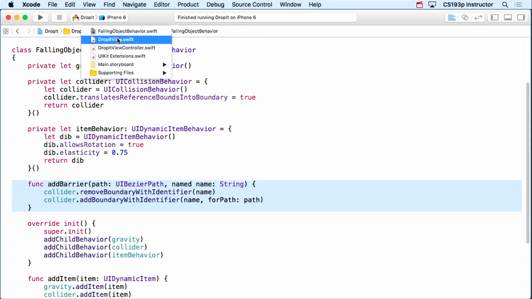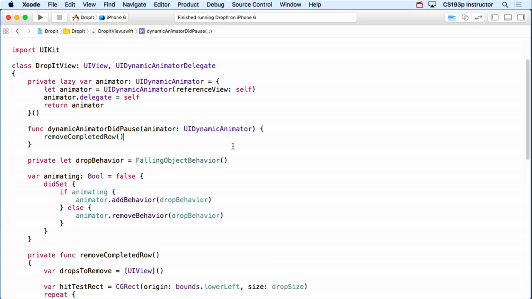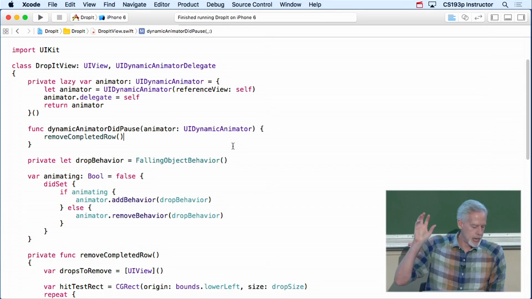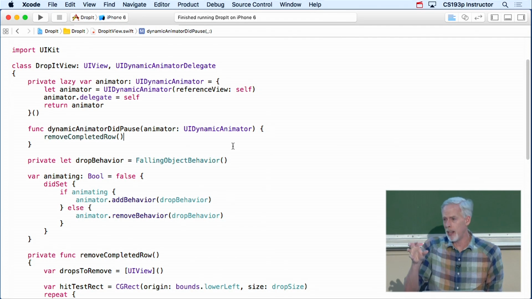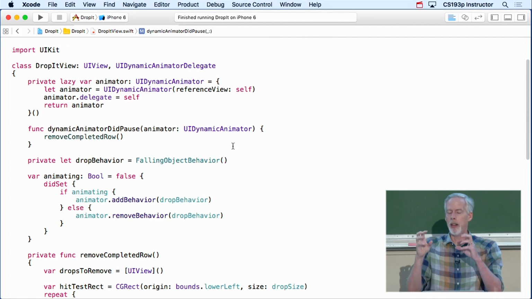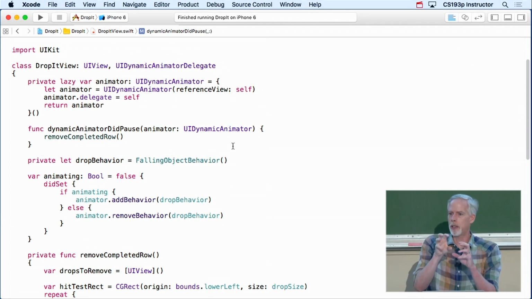Let's use that in our drop it view to add a little barrier in the middle. Now, where do I want to put the code that adds that little thing? Well, I don't know where the middle of my bounds are until my bounds is set. So I certainly have to wait until my bounds are set. And actually my bounds could change, right? I could get rotated. Now my middle is a different place,